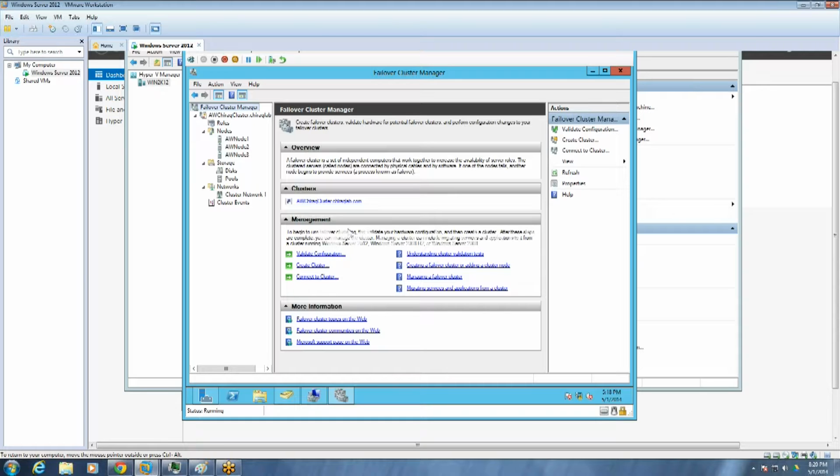Yesterday when we were setting up the Windows Server failover clustering, we set up the SAN by taking the iSCSI target, installing it and configuring the initiator on the different nodes which will be using that target. We didn't do anything like that over here.